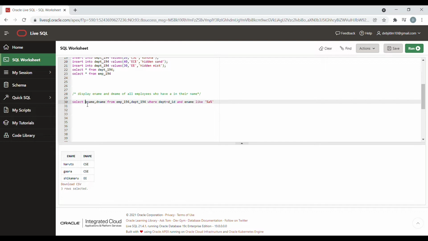So this is one way of performing join, but to write more clearly, we will just use the table names before the attributes. We have used different attributes of different tables here, so we will write the table names of which we are taking the attributes. So how we write that? We will use a dot operator after the table name. So it is like EMP table dot the attribute or column name of the EMP table which you want to show. So I will write it like EMP dot ename, DEPT dot dname, everywhere where we have used any attributes.